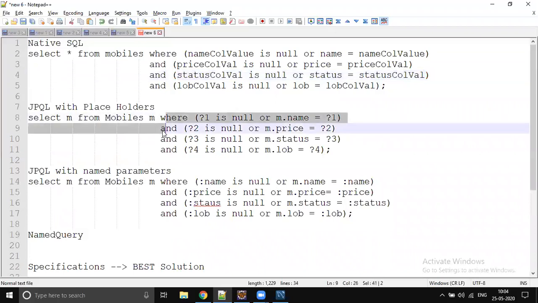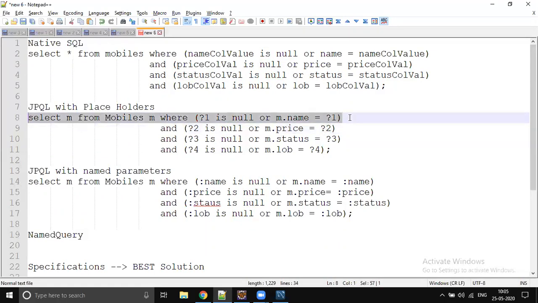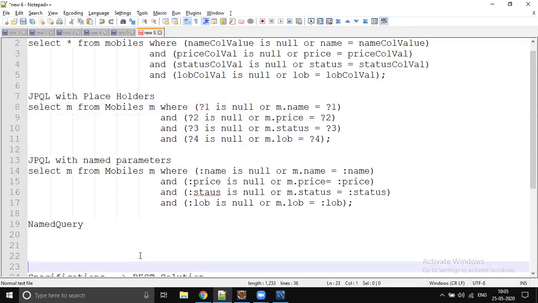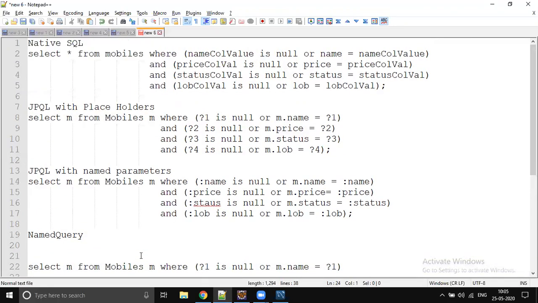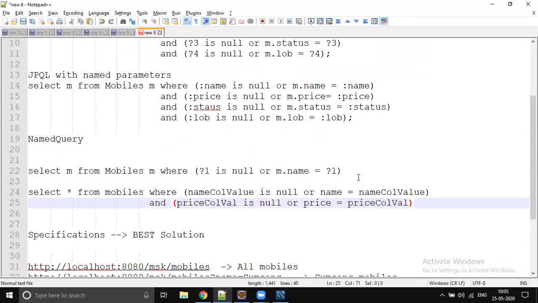What is the problem with this approach? You are first writing the query and you are passing that query, your intelligent SQL query, but there might be some problem if there are null rows. If there are null rows, then your query might take some time. So it is not the best solution. What you should do is generate the query on demand. If name is coming, you should pass this query. If name and price are coming, you should pass this query. The remaining two columns you're not supposed to put in your query.